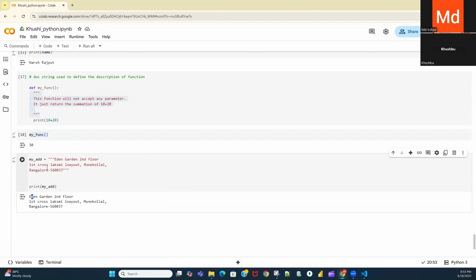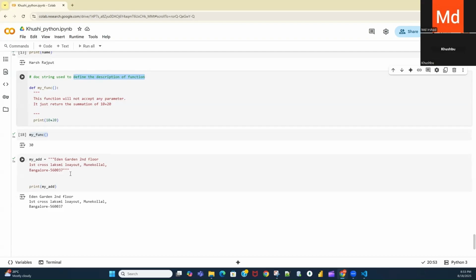So when someone asks why we use triple quotes, you can say whenever we want to store multiple lines of statement, we can use triple quotes. But in real time, we are not storing multiple lines of statement. Mostly the triple quote is used to define the docstring. Docstring is nothing but defining the description of the function. In real time, you won't see someone storing data in multiple lines.